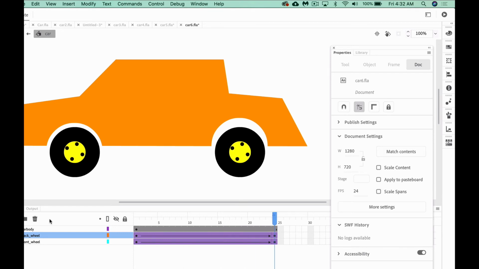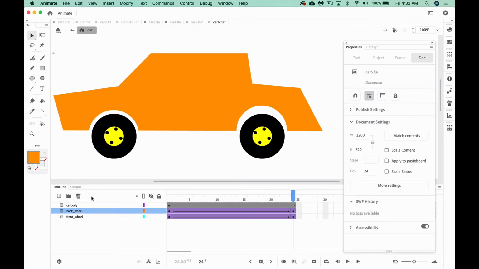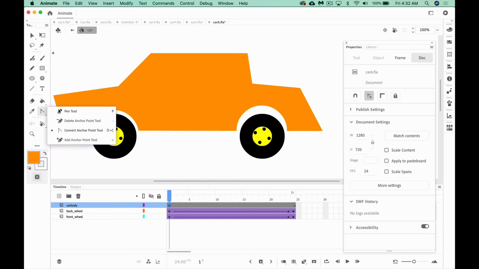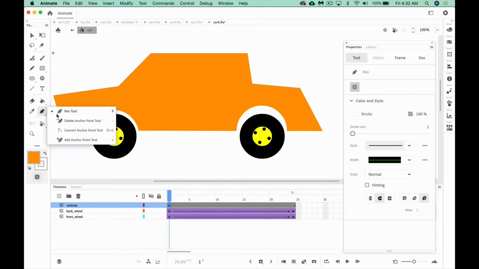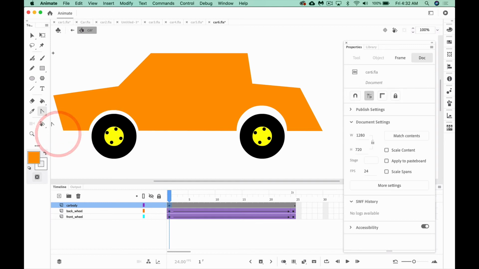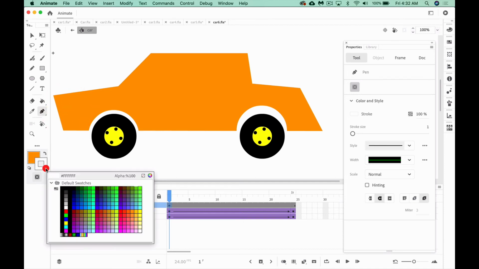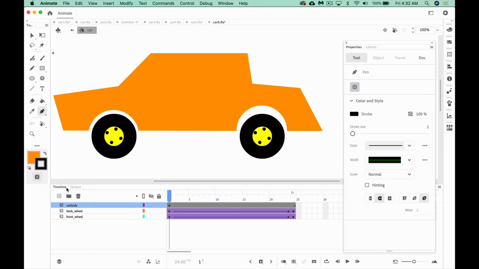Since we did a lot of drawing, I do want to add a little bit to the body of the car, and that's all back in frame 1 on the body layer. What I'd like to do is explore the pen tool for a minute. So let's find that pen tool that you brought on earlier. It might be under this stack of tools, so if a different one's on top, just press on it, hold the button till you see the pen tool. Now the pen tool will draw with a stroke typically, so I'm going to start with a dark stroke, which I'm probably going to throw out later.